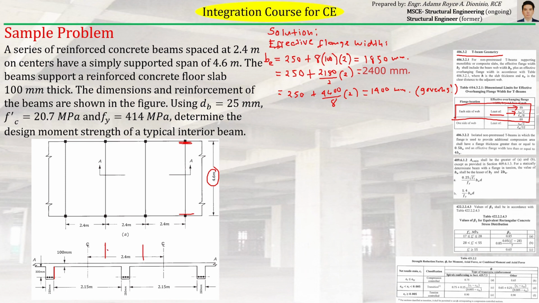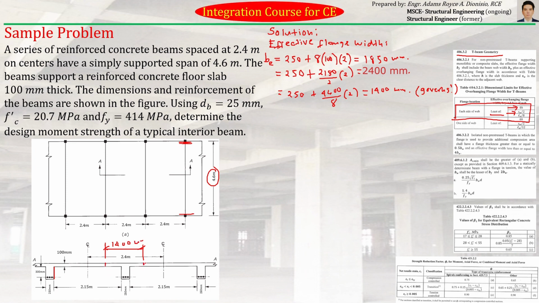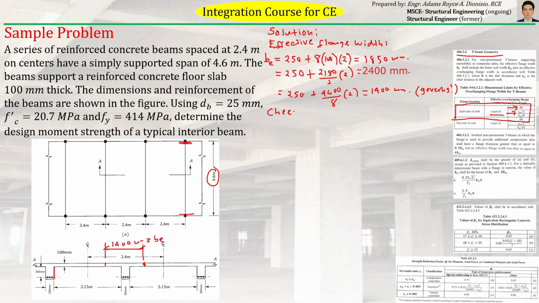1,400 mm. So that is as far as we will consider, meaning only up to there is the flange width. So that will be our effective flange width B. After knowing that, it's now time to know which case this T-beam will fall under. Let's check first. When analyzing a T-beam, the most basic step to know whether you need to analyze it as singly reinforced, doubly reinforced, or T-beam analysis,